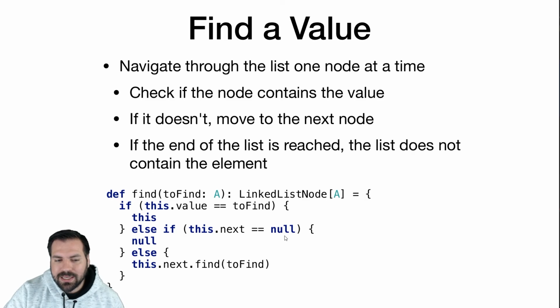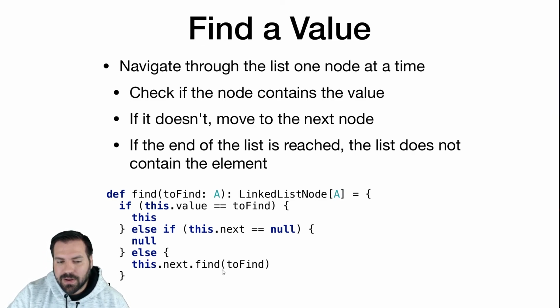Else, if we're at the end of the list, then return null, and we're going to use null to signify that that element does not exist in this list, that we just haven't found it. Else, make the recursive call. So we have two base cases here. Either we found the element, or we've reached the end of the list without finding the element, or we're making a recursive call and just saying, hey, I'm not the end of the list and I don't have this element. Hey, .next, you got this element? And then it might make a recursive call and so forth.